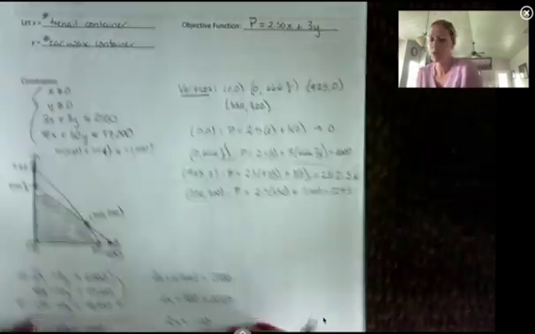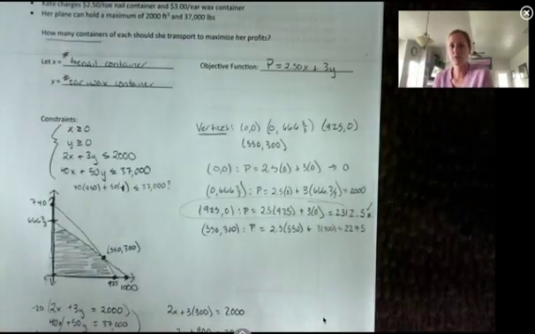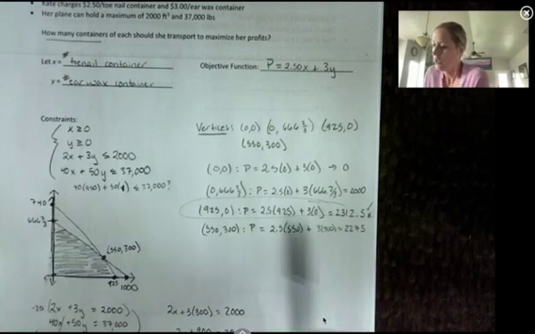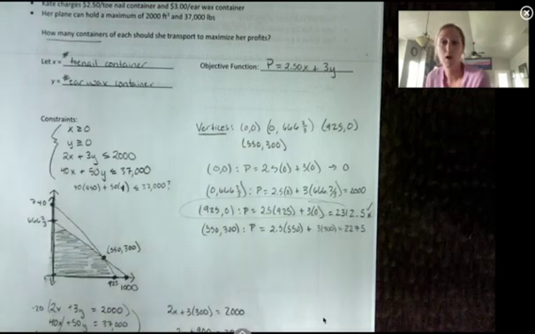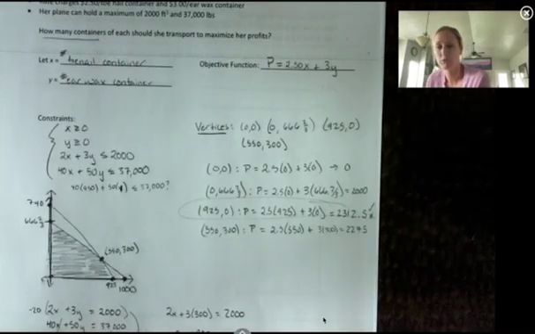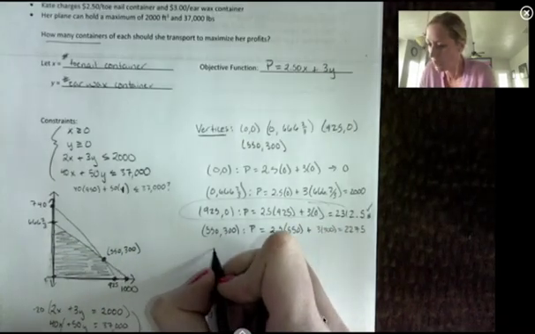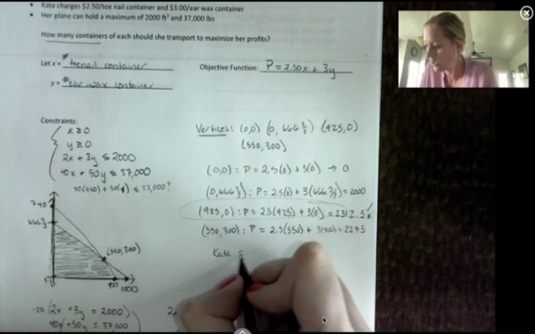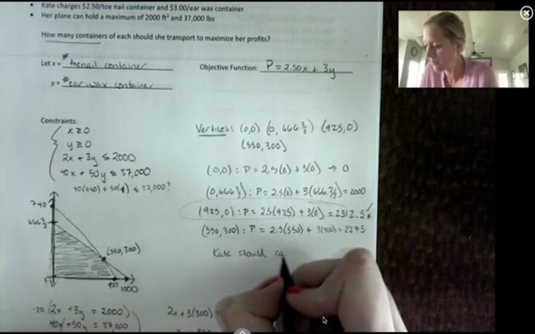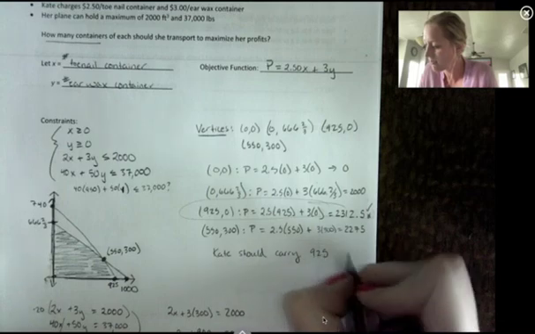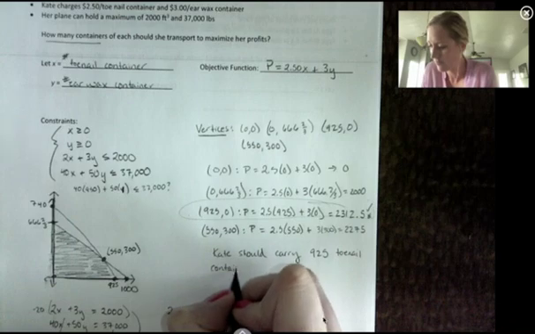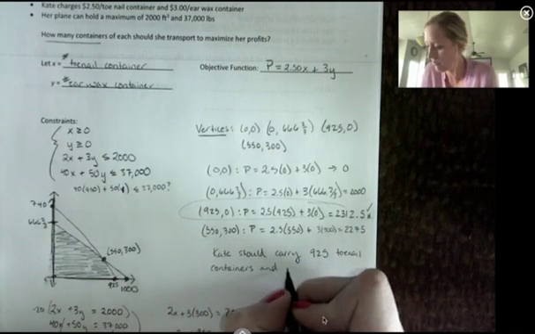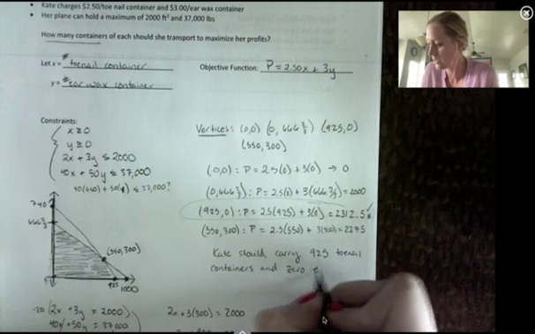So how we would answer the question, how many containers should she transport to maximize her profits? Well, when I plugged in 925 for X and 0 for Y, that is what produced the maximum profit while staying within the constraints. So remember, X was toenail containers and Y was earwax containers. So Kate should carry 925 toenail containers and 0 earwax containers